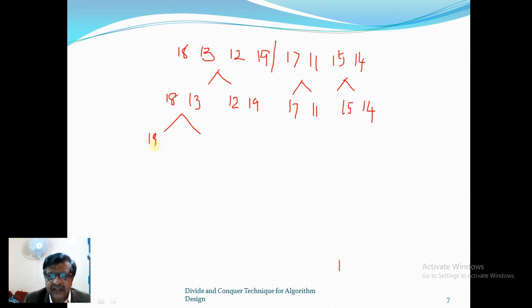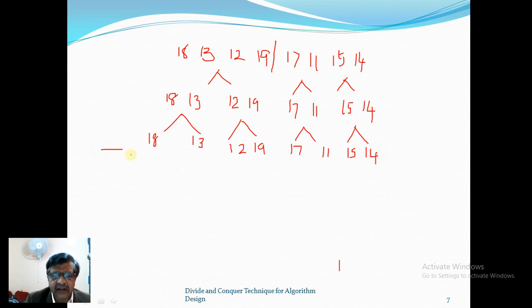We need several arrays now, each of which can carry only one element. This is 12 and 19, and this is 17 and 11, and 15 and 14. Now we need to stop the division process because it cannot be further divided,